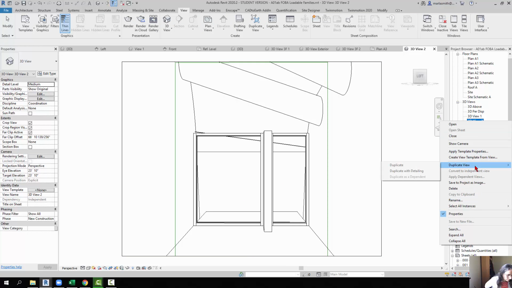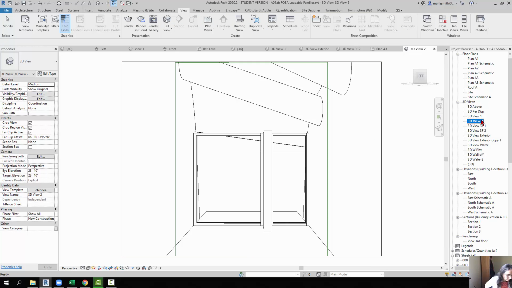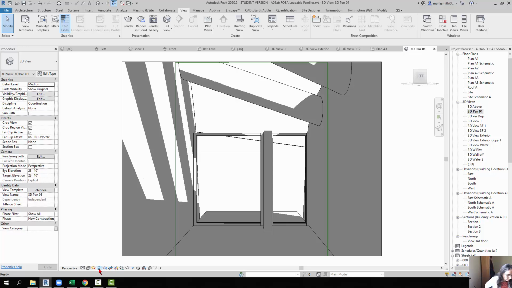I'm going to come in and rename that view. We'll just name it 3D Pan 01. Okay. And so now at this point you can go ahead and create the panorama. I mean, you can adjust your view, right? So you can turn the shadows on to see where the shadows are. If you want to adjust any materials or anything else, get that done, and then you can send it up